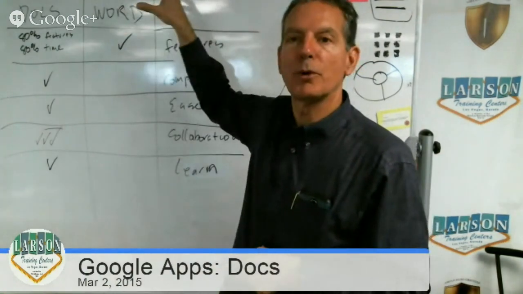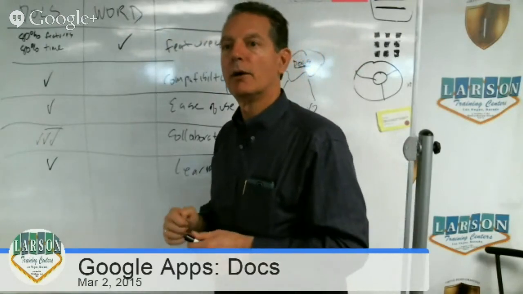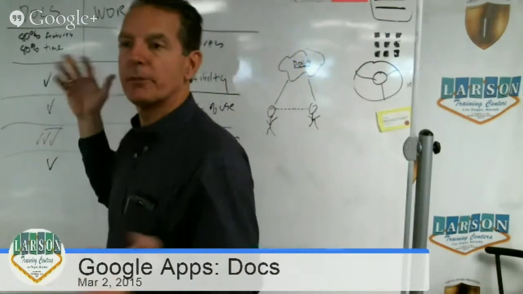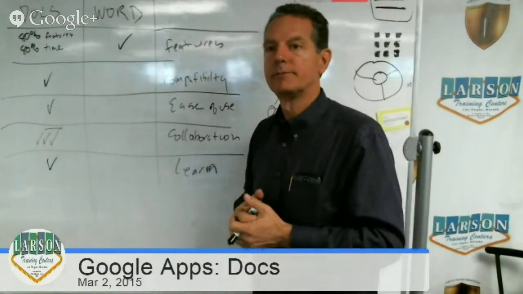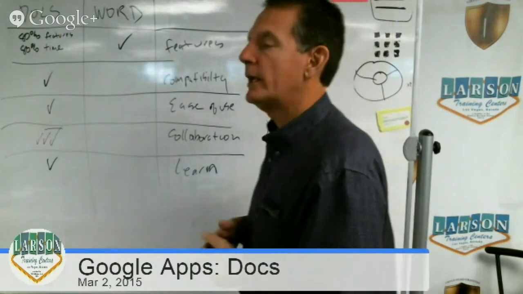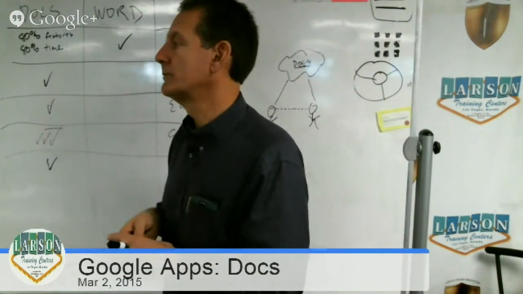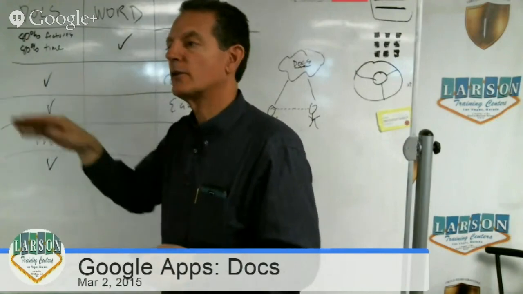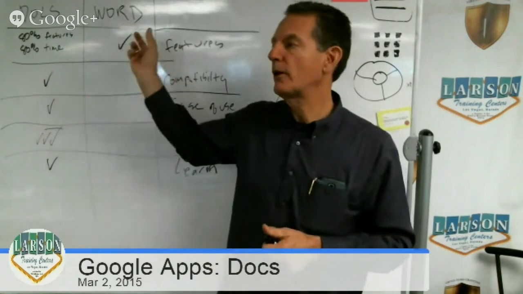I can see that you're on it. You show up as a little icon in a different color. And whenever you type, it shows up as a different color. So I know that it's you who did that. And we could be talking on the phone, or we could just be going back and forth. You can change the document. You can also make comments. What does this paragraph mean?